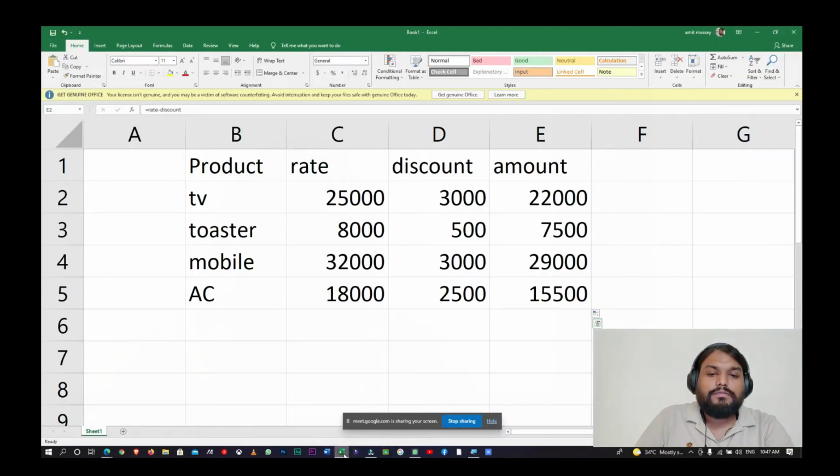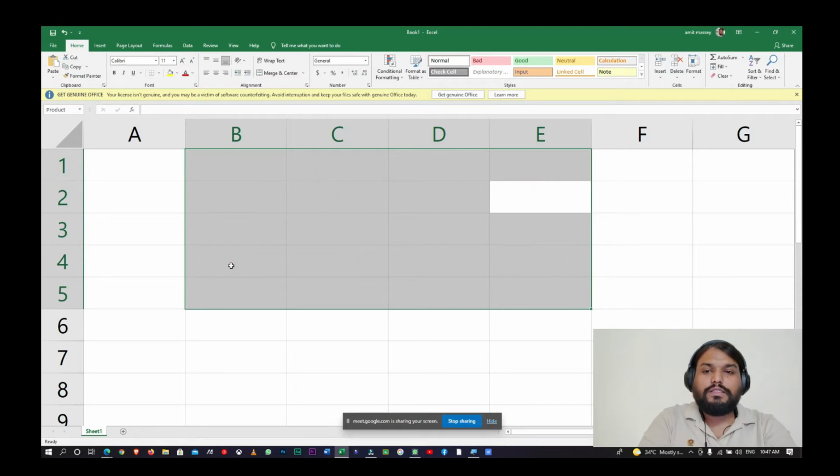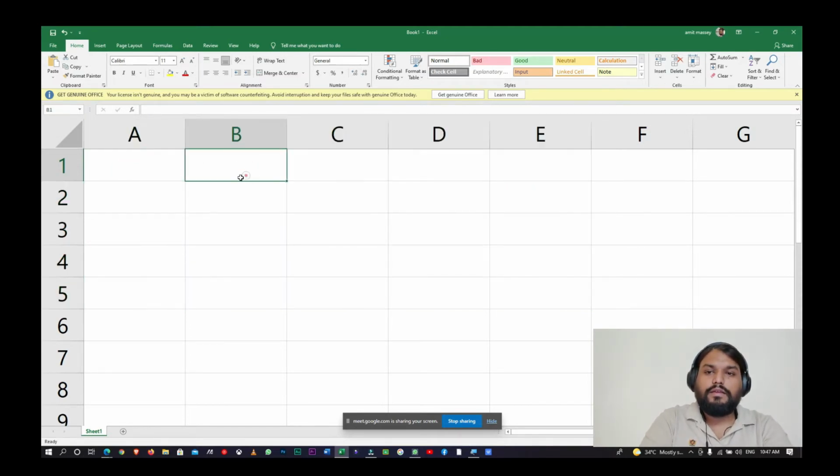I'll open my Excel, and over here let us see the working of some functions. For that, let me remove this. Okay, fine, everything is removed.